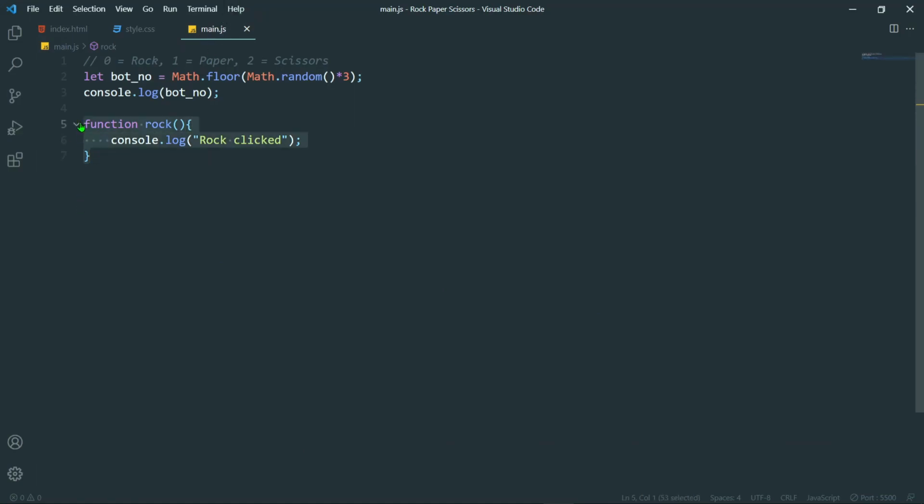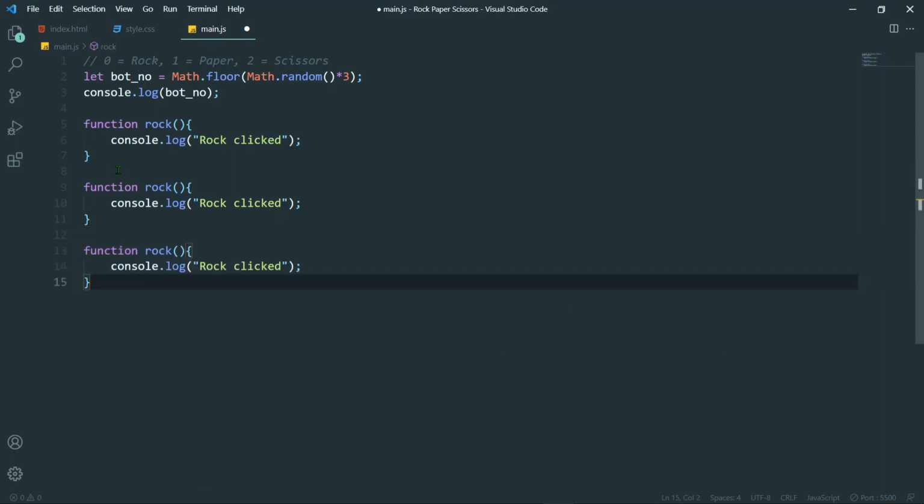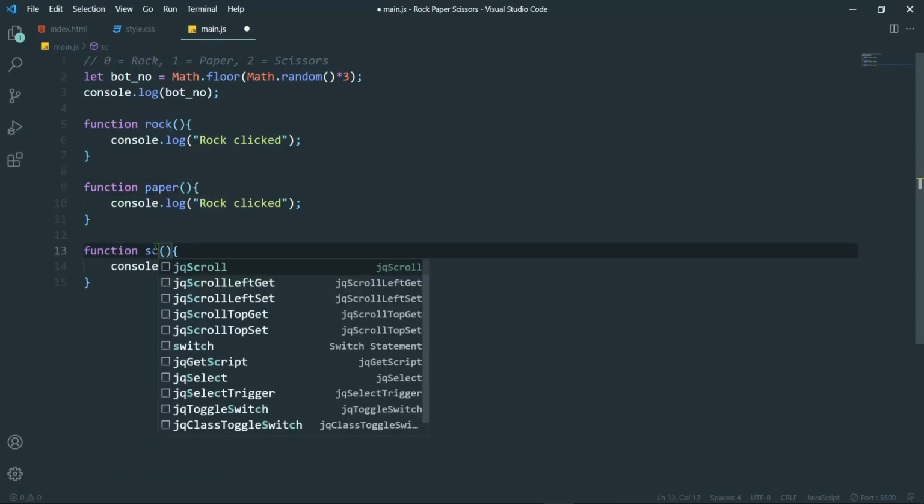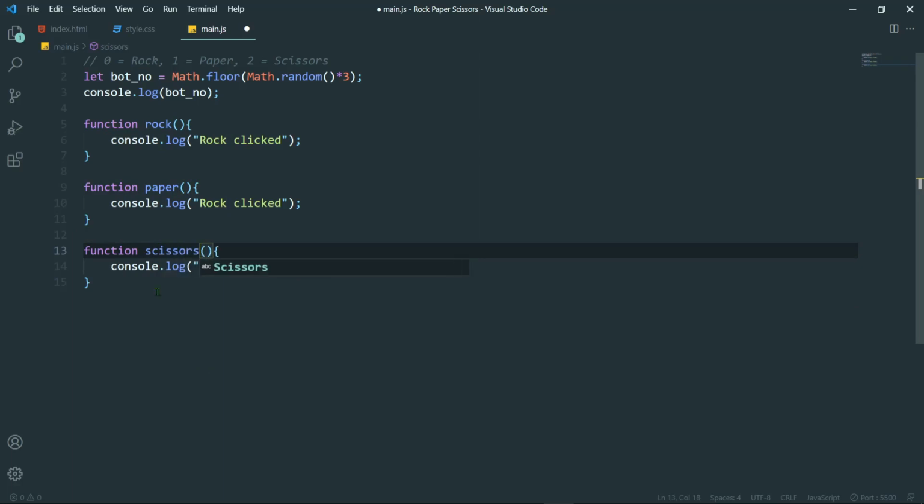So if I create a function called paper, and if I create a function called scissors, so let's create a function called paper, and let's create a function called scissors. Okay, and after that we are going to change the names.